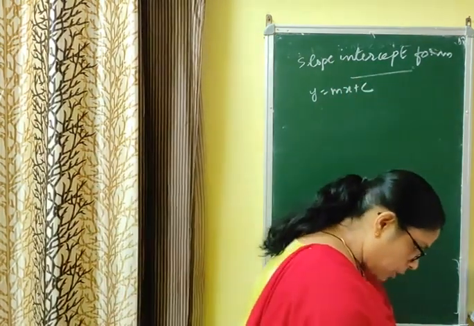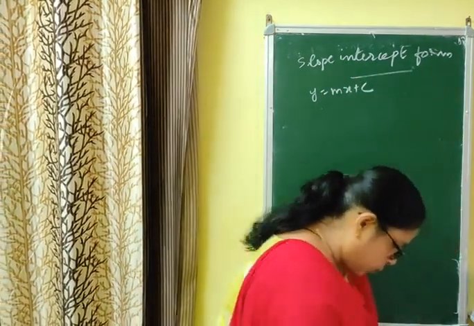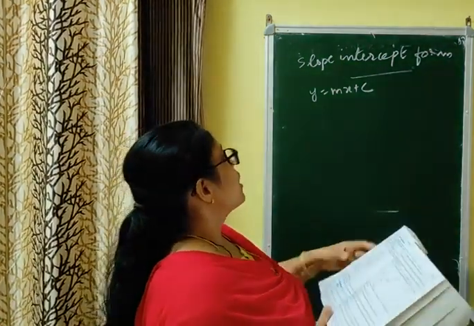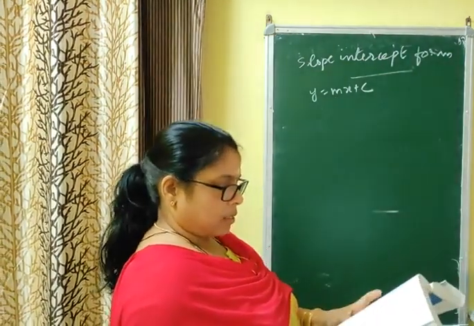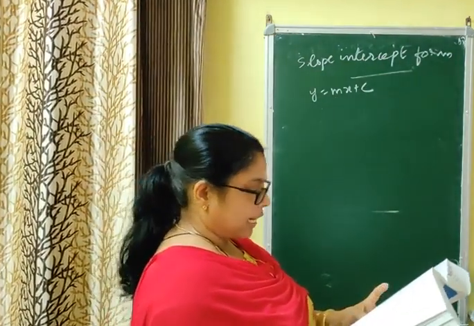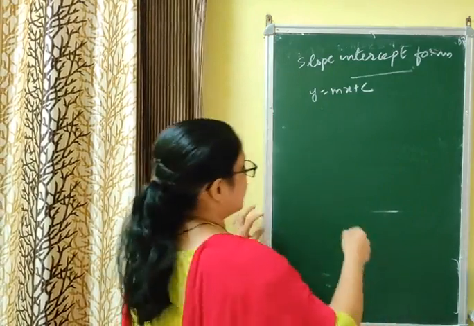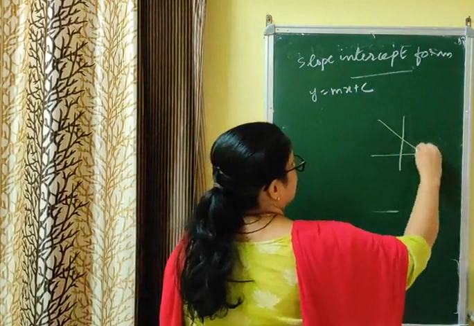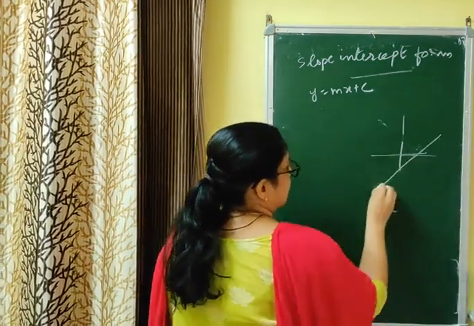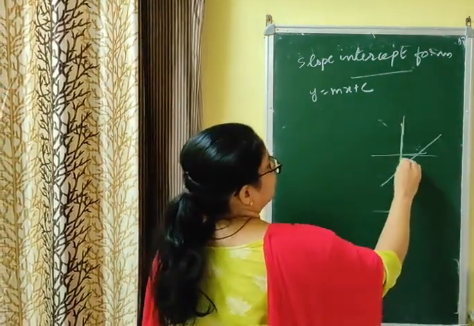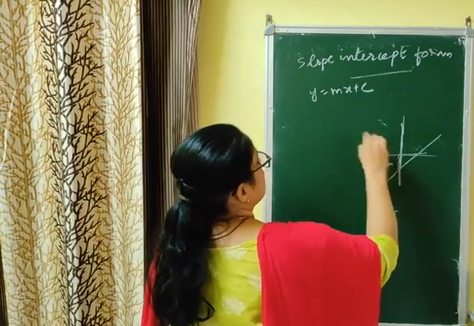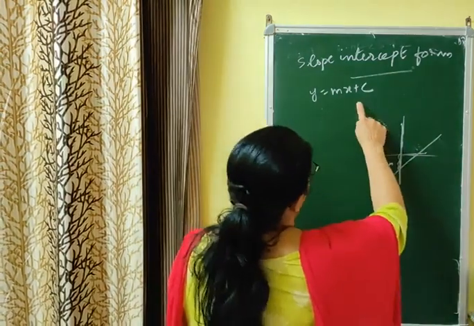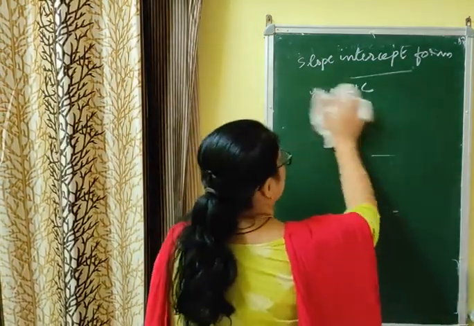Now I am reading the question. First question I am already doing. Find the equation of a line with slope -1. Slope -1 means m equal to -1. And cutting an intercept of 4 units on the negative direction of y-axis. Negative direction means y-axis में नीचे की तरफ, तो इस केस में ऐसे लाइन बनाना है. तो this value becomes negative. That means m is given as -1, c is given as -4. If you put the values here, you will get the equation. This is only the basic one.